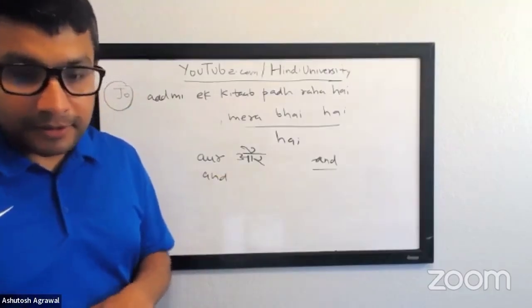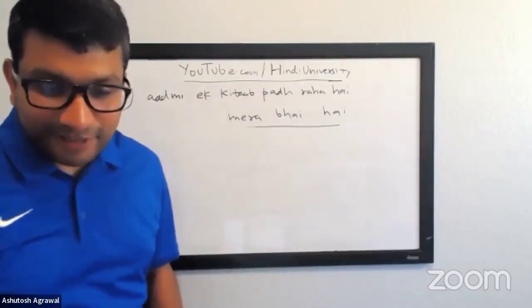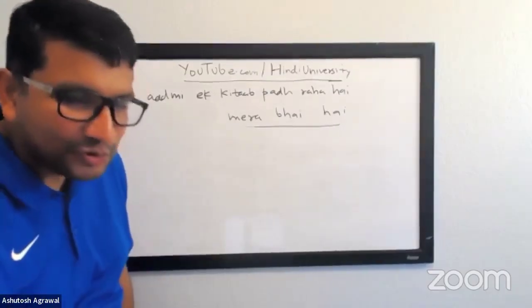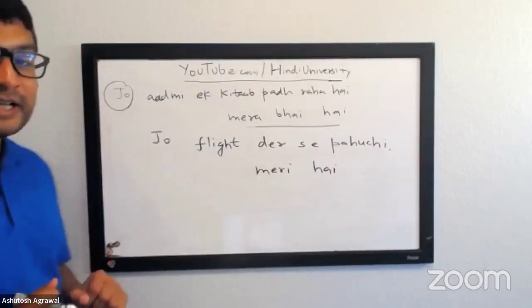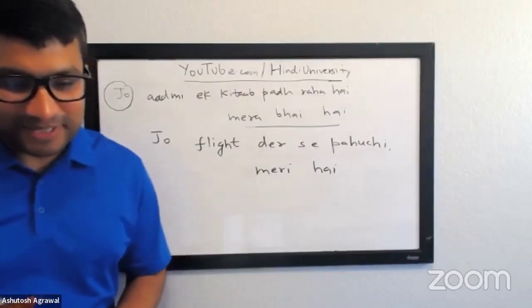Beautiful. जो लड़की नदी में तैर रही है वो मेरी बहन है. ओके, जो लड़की स्टेज पे डांस कर रही है वो मेरी दोस्त है. ओके, वेरी गुड. जो फ्लाइट देर से पहुंची मेरी है. ओके,